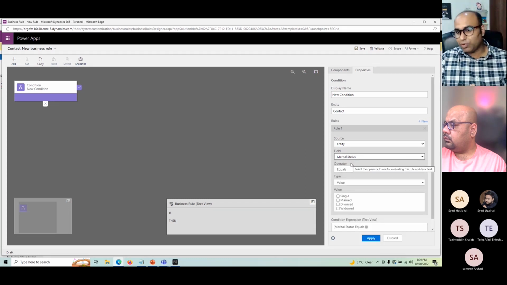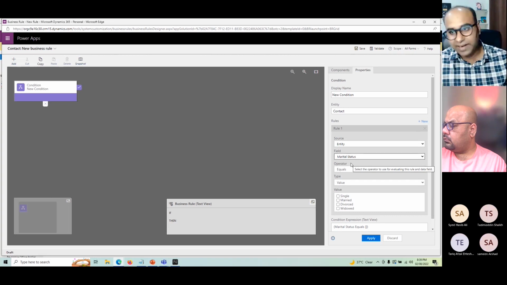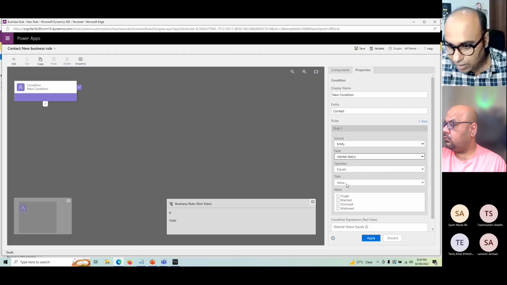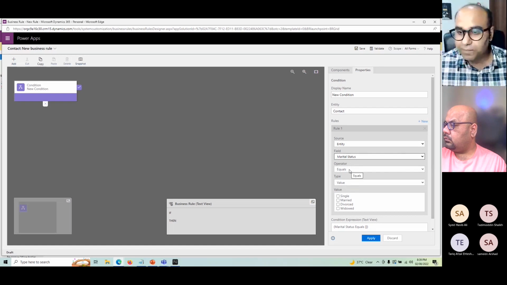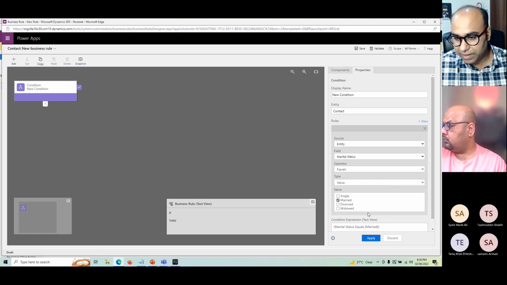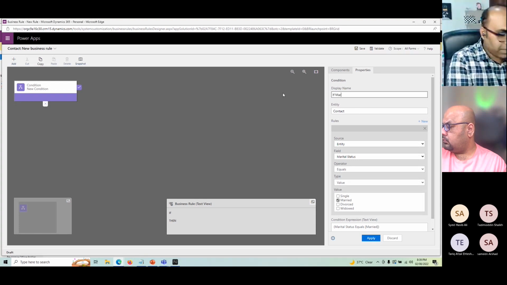Now you see, because the field is an option set or a drop down, the editor is smart enough to understand and gives you different operators, like this one is equals to a particular value. It's no more like a text filter, but again we have does not equal, contains data. These are the basic filters. I can select either multiple or one. So I say, okay, if it is married,